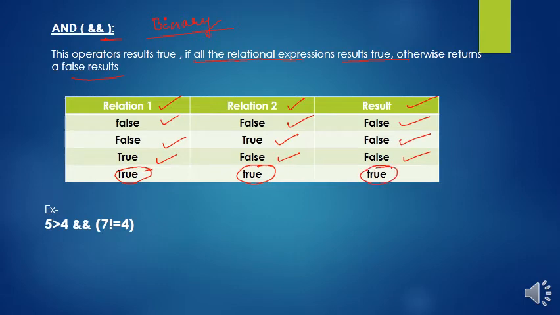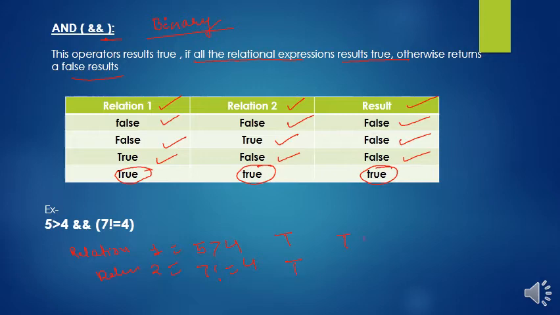For example, here relation 1 is 5 is greater than 4 and relation 2 is 7 is not equal to 4. So relation 1, 5 is greater than 4, the condition is what? True. 7 is not equal to 4, the condition is true.